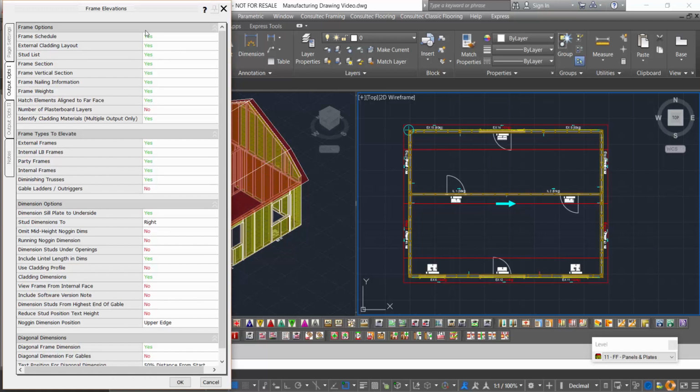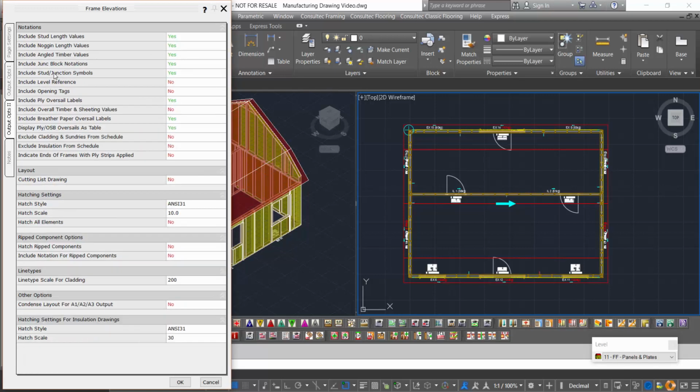Now, taking a look at the Output Options 2 tab, we can add notations such as stud length, nogging length values, angled timber values, and junction symbols as well. We can also include labels for breather paper oversails, and we can include a ply OSB oversail as a table. We can also include a separate cutting list drawing, which can be generated by changing the cutting list drawing option